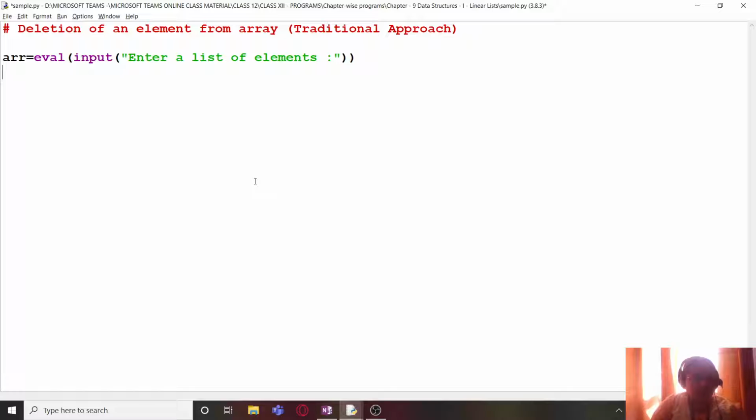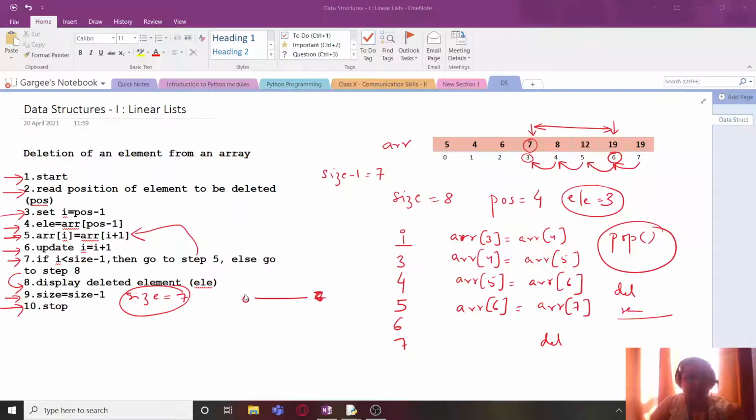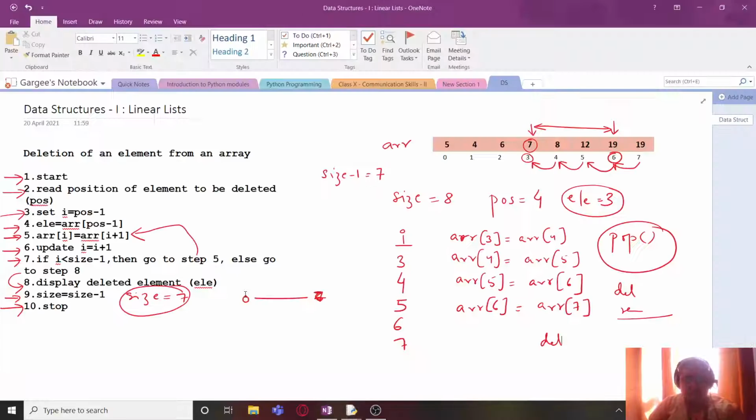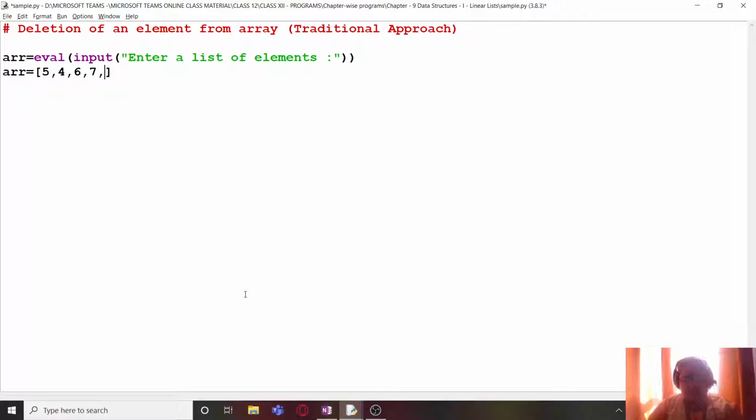And for simplicity, first of all, I'm going to use a dummy array like I always did. So let me take the same elements over here: 5, 4, 6, 7, then 8, 12, 19 and 3. So I have taken these elements over here and I'm going to hide this first value here.